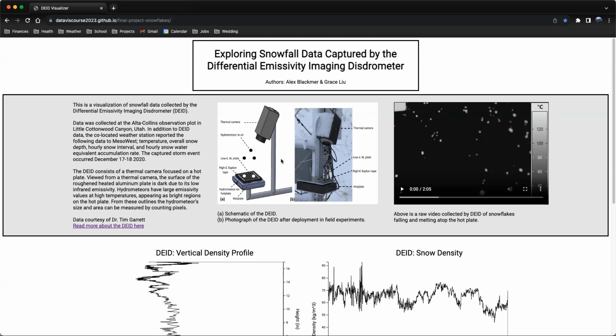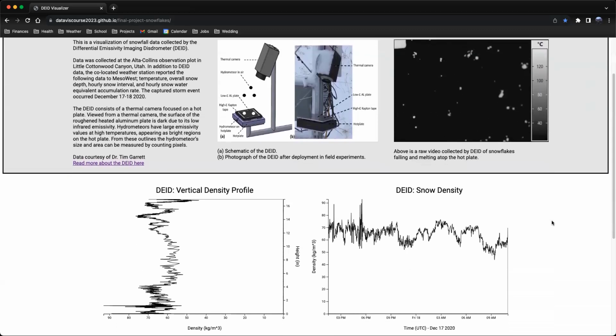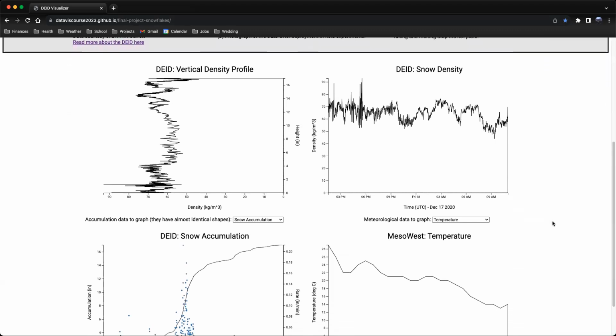In the middle, we have an image of the data schematic and a field photograph, as well as an embedded video of the snowflakes falling on the hot plate. Moving down into interactive visualizations, we have a few different parameters like the DEID's vertical density profile. This is important for